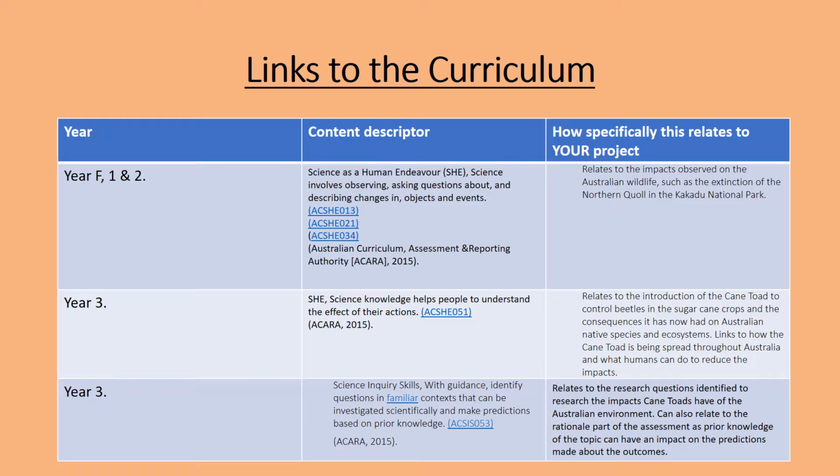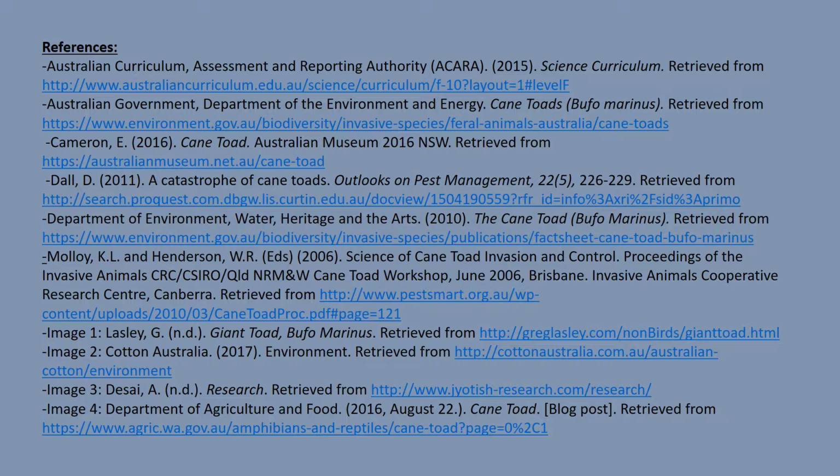The inquiry I've conducted relates to parts of the Australian curriculum, including the Science as a Human Endeavour component, which involves observing, asking questions about and describing changes in objects and events. Science knowledge helps people to understand the effect of their actions, and also science inquiry skills. With guidance, identify questions in familiar contexts that can be investigated scientifically and make predictions based on prior knowledge. I believe my inquiry would suit Year 3 students best, as the topic poses many questions and investigations, which is a component in